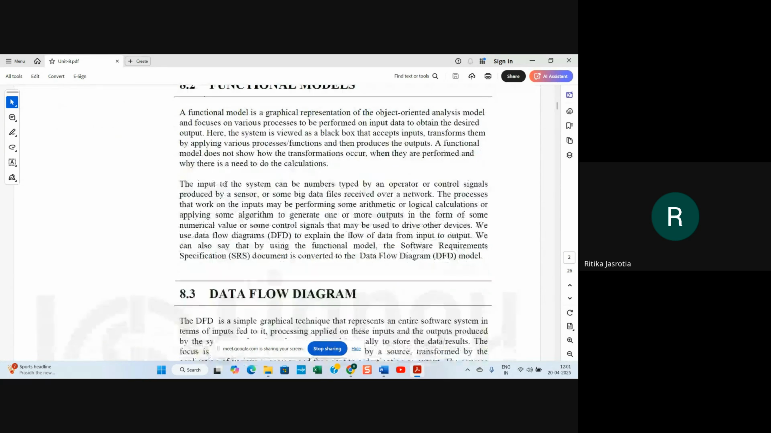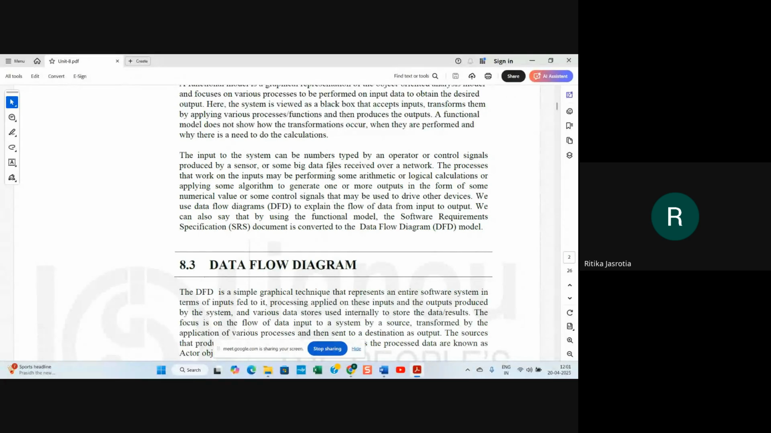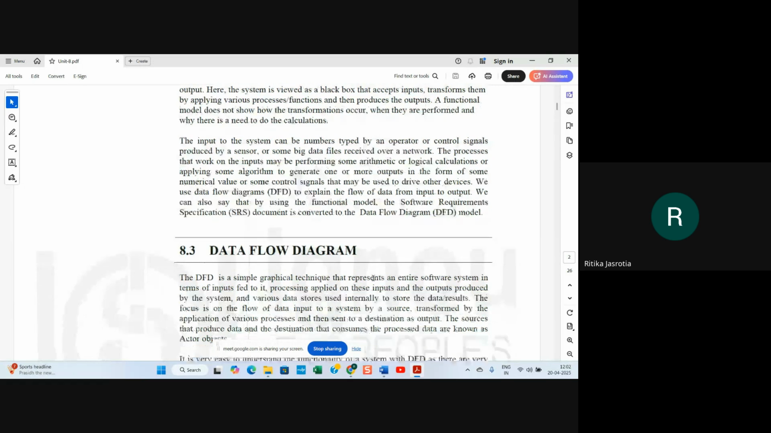The input to the system can be numbers typed by an operator or a control signal produced by a sensor, or some big data files received over a network. The processes that work on inputs may be performing some mathematical or logical calculations or applying some algorithm to generate one or more outputs in the form of some numerical value or some control signal that may be used to drive other devices. So we use DFDs, data flow diagrams, to explain the flow of data from input to output, right? So we can also say that by using the functional model, the software requirement specification document is converted to a DFD,